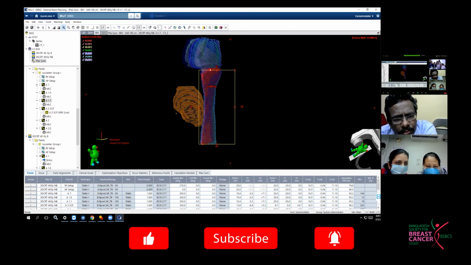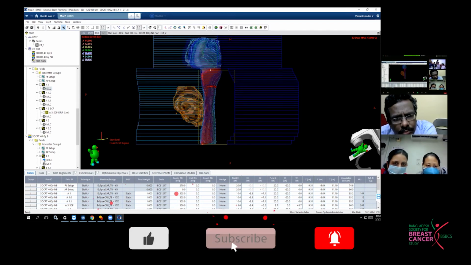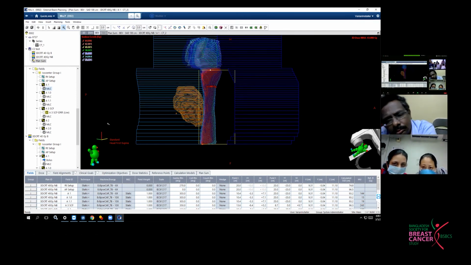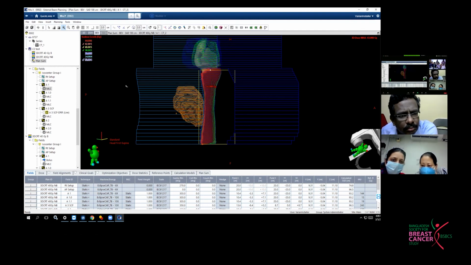So do you use FIF or do you use wedges in the fields, or you don't use it? I think it is field in field. There is no wedge, I could say. It is only field in field. In this technique, we used only the field in field technique instead of wedge. Okay. So it's actually a little time consuming to get field in field, because a wedge gives a good option for improving the dose coverage at the medial and the lateral aspect.